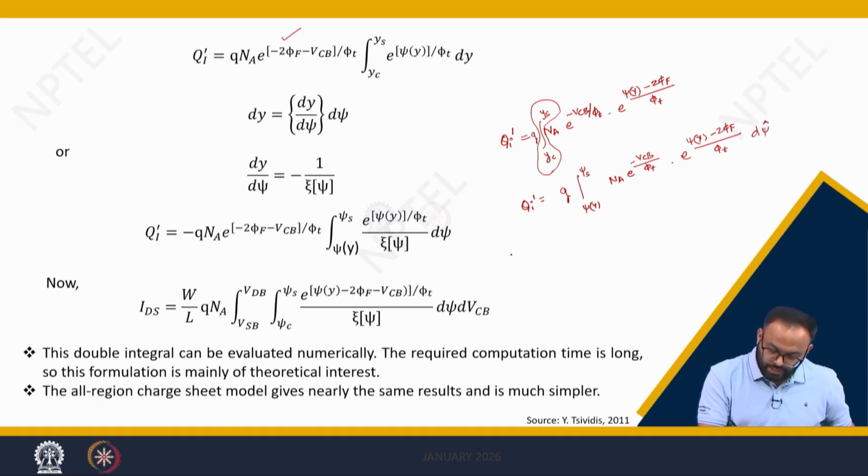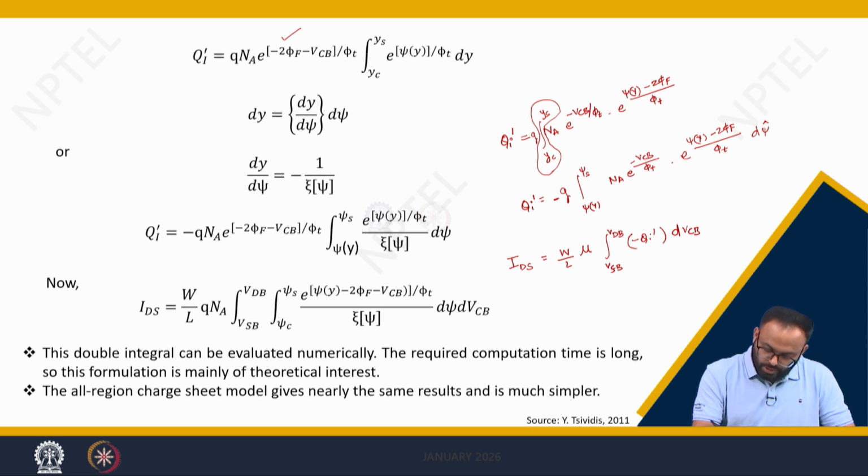Now we have seen in our previous lecture that we can derive the current equation as W divided by L mu integration from Vsb to Vdb of minus Qi dash into dVcb. Here there will be a minus term because we are talking about electrons, so minus and minus become positive. Ultimately you will end up with IDS equals W divided by L mu into a double integration. One integration is for the surface potential, psi y to psi s, and one with the terminal voltages,